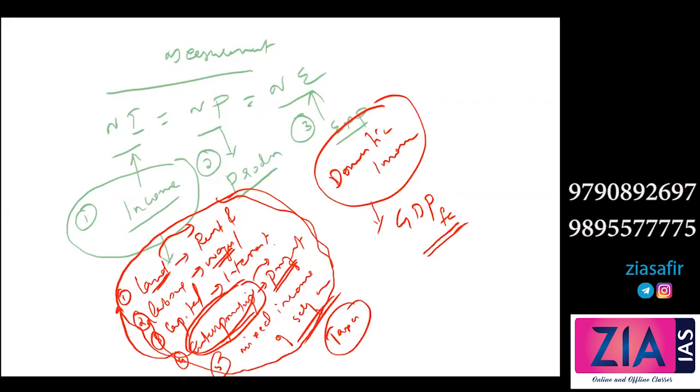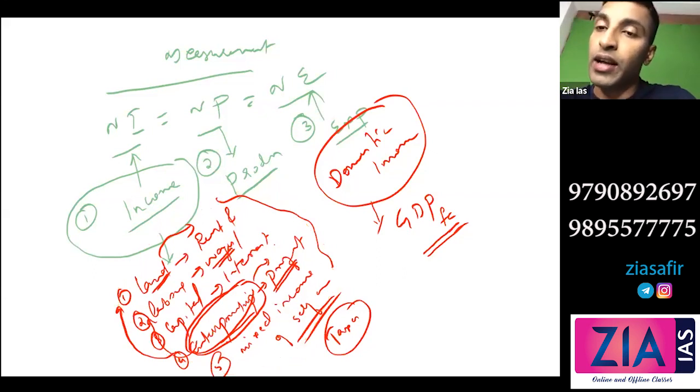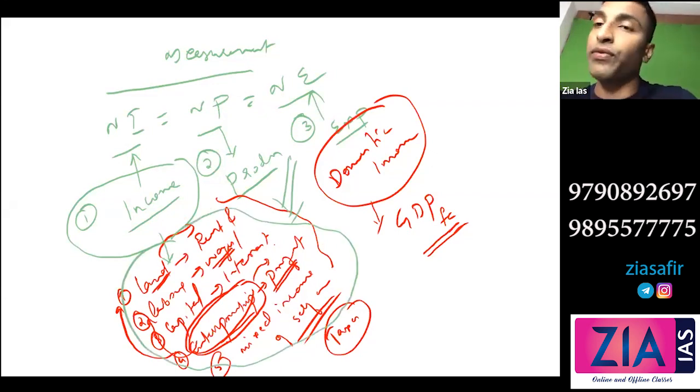We need to know what this raw material is. We need to differentiate; obviously, there's a conceptual difference. When we talk of GDP, raw materials are not included, only value addition. So here, what we did was add all the possible value addition. These are the 4 or 5 ways in which you can add value. These are the 5 ways.